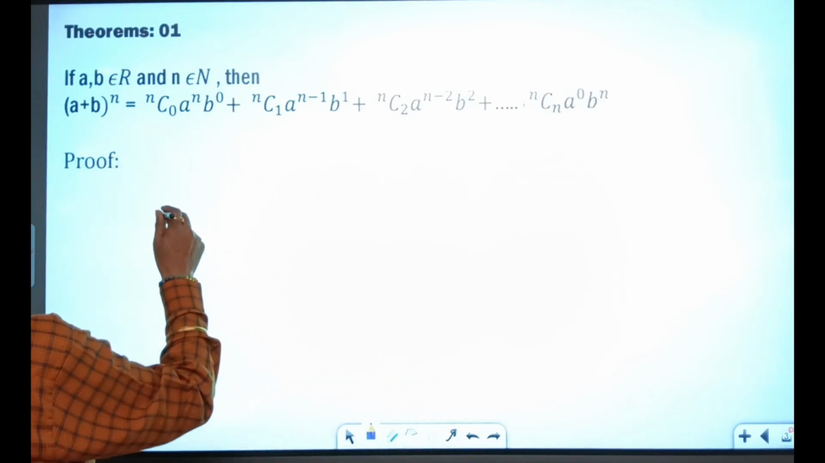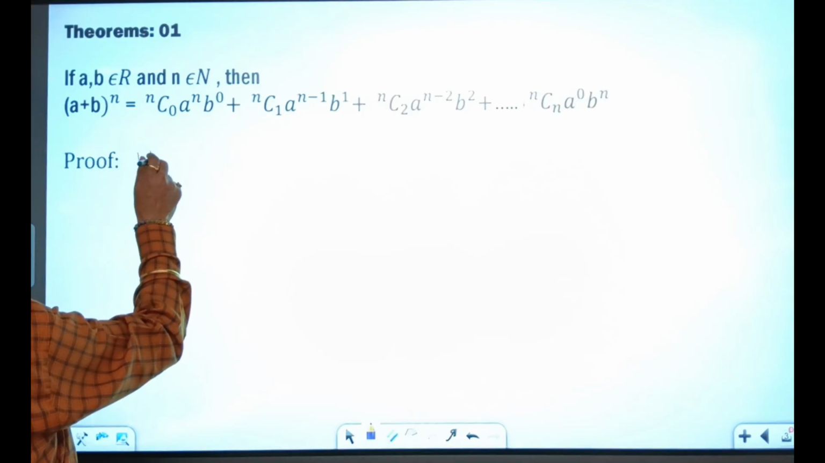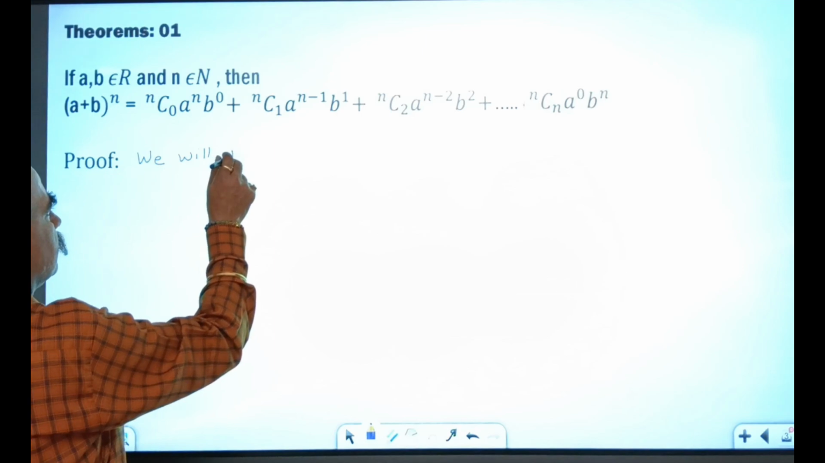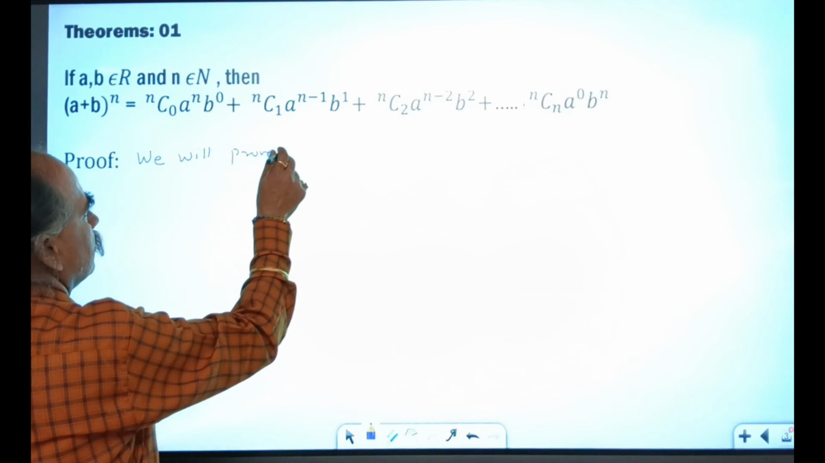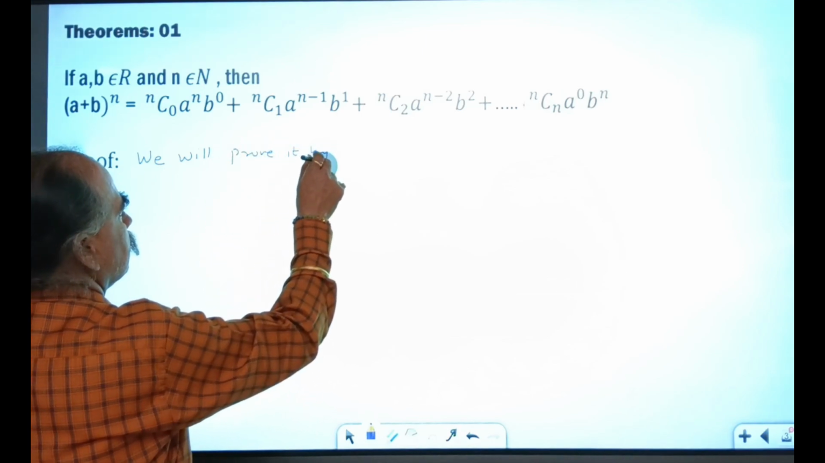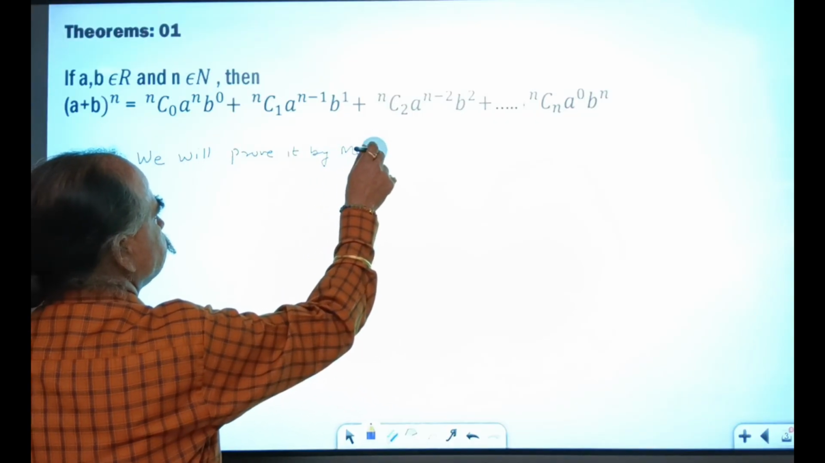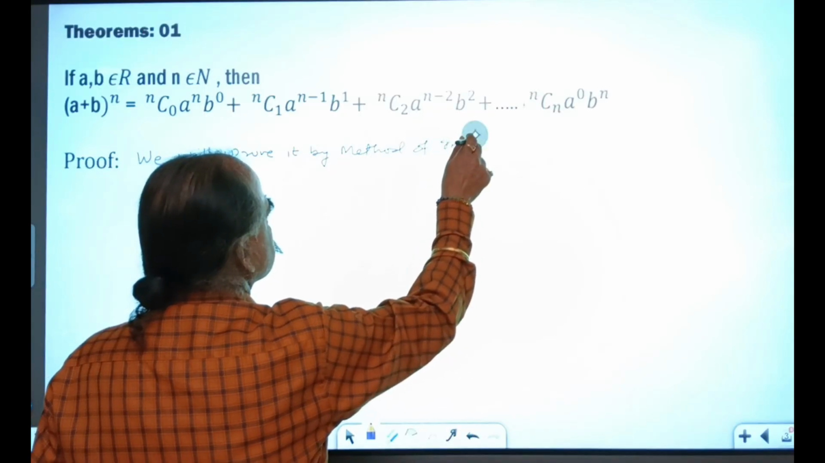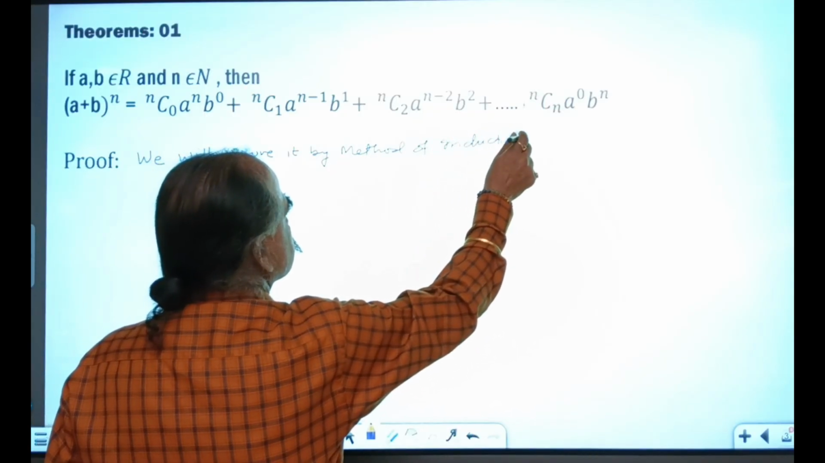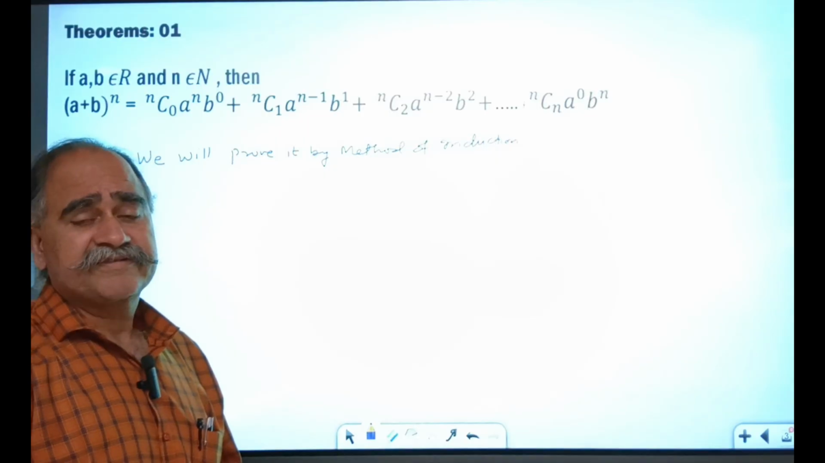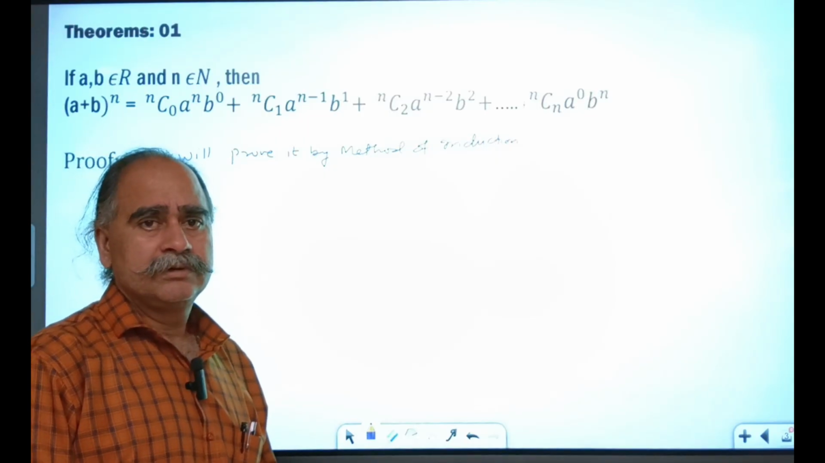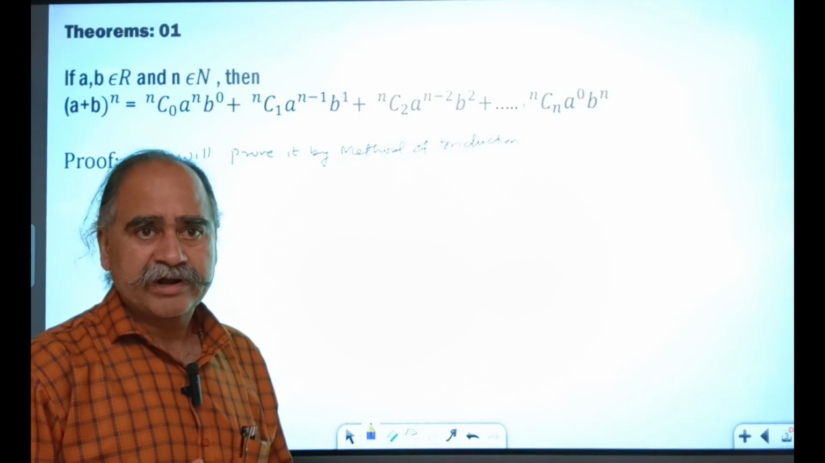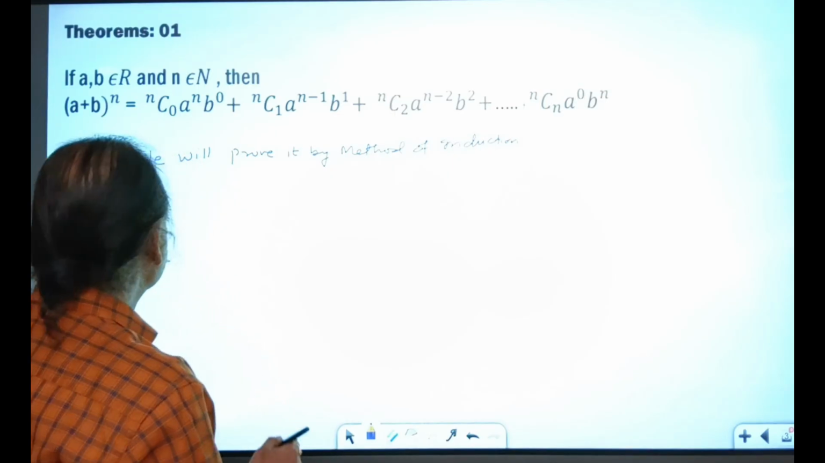See the proof. We will prove it by method of induction. Yesterday in method of induction I told you whatever we have to prove, we take as a statement Pn. जो भी प्रूव कर रहा है उसको स्टेटमेंट Pn लेंगे. So let Pn